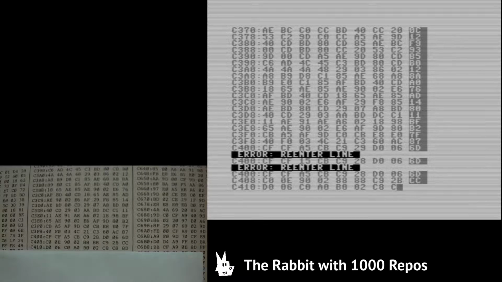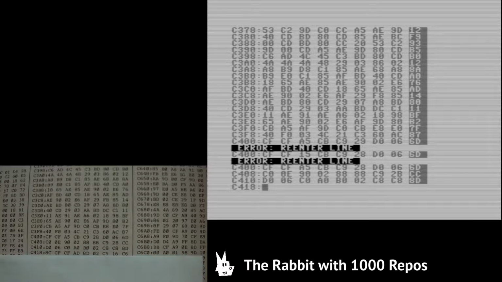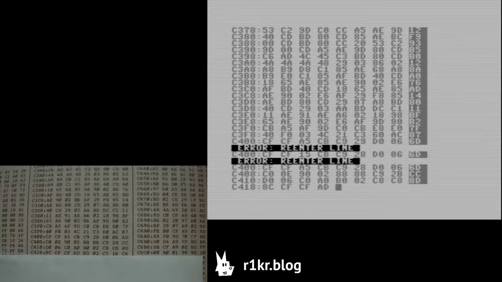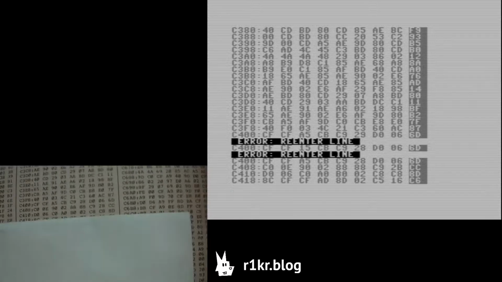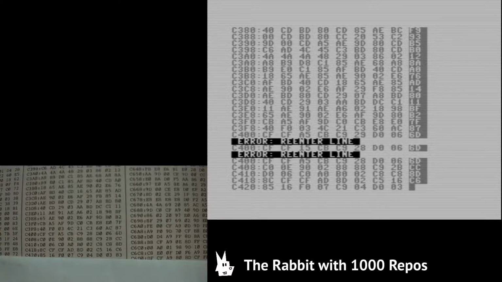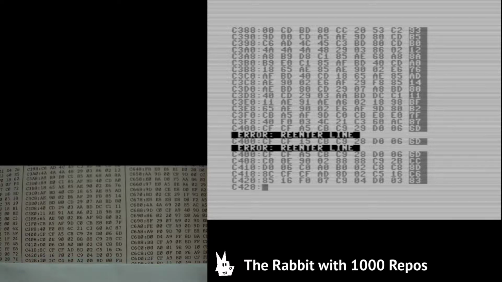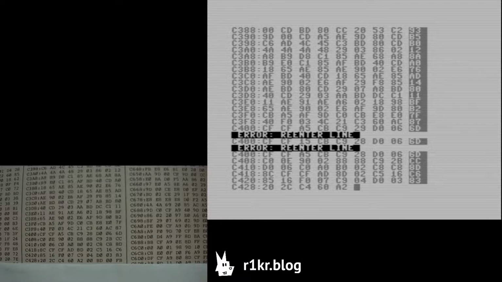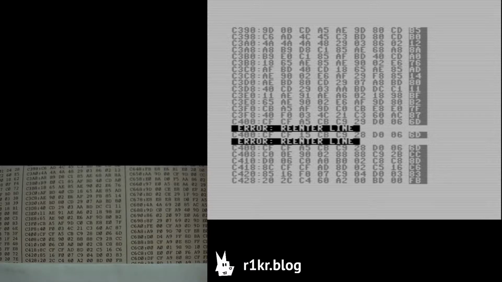BO02 C8 C8 AD CF CF AD 02 C5 16 C6 20 85 16 F0 07 C9 04 03 83 22 C C4 60 82 0 BD 0 FB